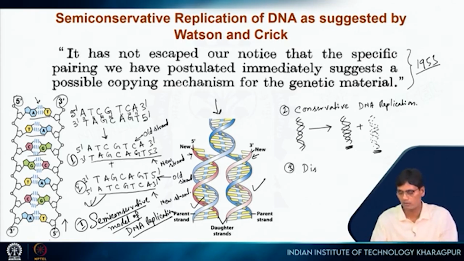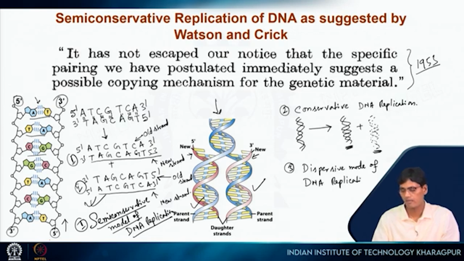So dispersive mode of DNA replication. So now we need to come up with some experiment so that it can be proved which one is right. Although Watson and Crick suggested based on their solid data that this could be semi-conservative, but after a few years,